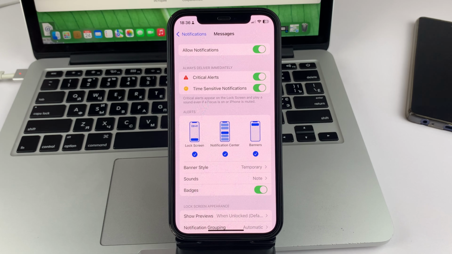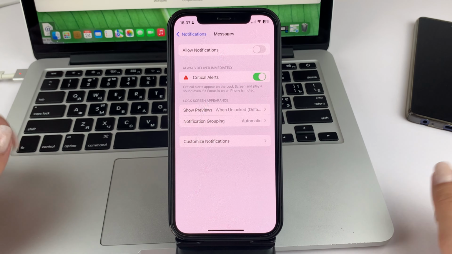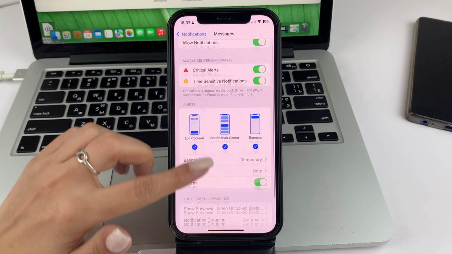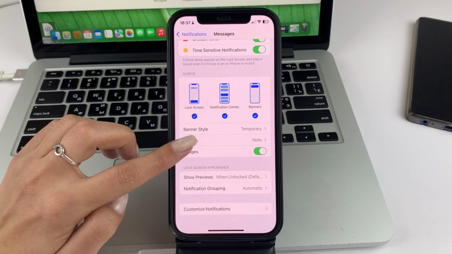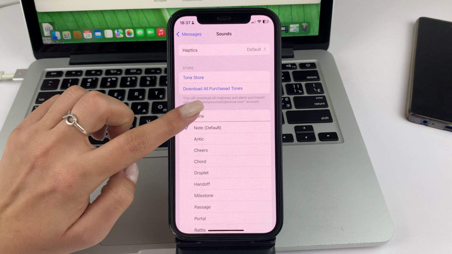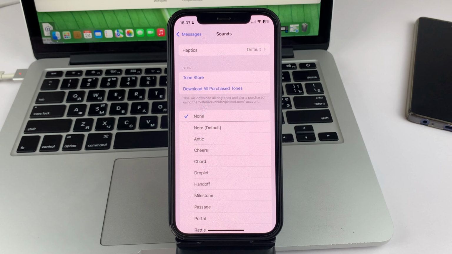After that, here you can, for example, fully click to turn off any notifications from messages. Or you can, for example, go to the sound section a little bit lower down, and here you can select mute. It's like this. So friends, you will no longer have sound on text notifications on your iPhone.